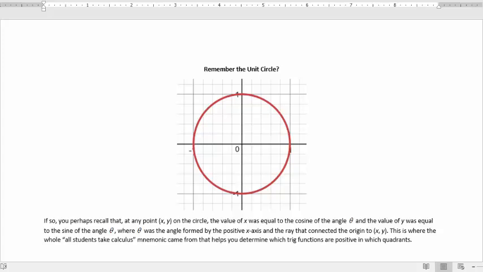Hi, so do you remember the unit circle? There's the graph of it, right? It was centered at the origin, passes through the points (1, 0), (0, 1), (-1, 0), and (0, -1), right? Circle with radius 1. So maybe you remember when you did this unit circle